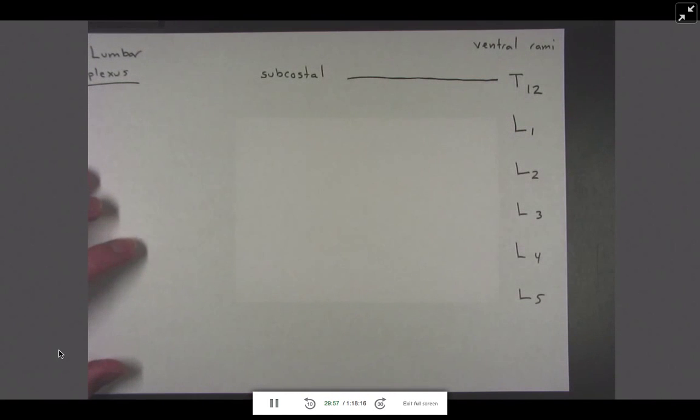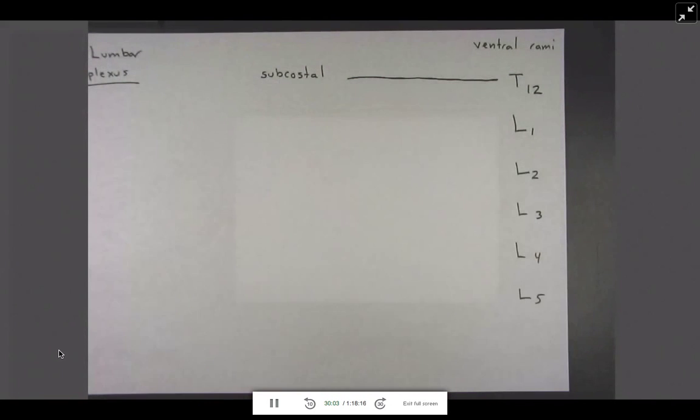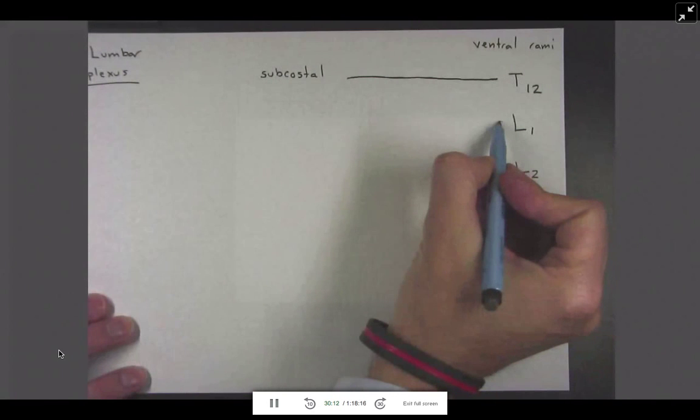This is not formally part of the lumbar plexus. Really wants to be, but it isn't. It's just more of a landmark. It's going to help you in dissection. When you find the subcostal nerve, you know that the lumbar plexus will be inferior to this. Beginning with L1,